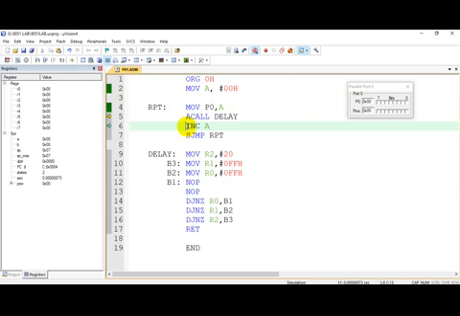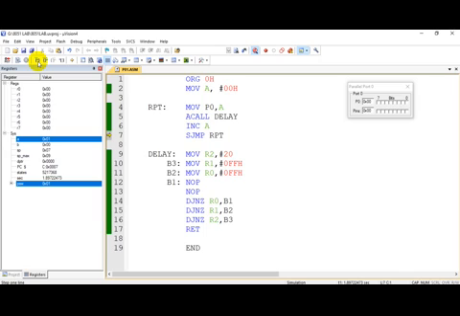So I will keep the cursor here and select run to cursor line. It will execute the delay subroutine and come here. Now I will say increment A, and SJMP repeat, and this count I will send to port 0. As you can see, port 0 has got 1. So I will simply say run now.